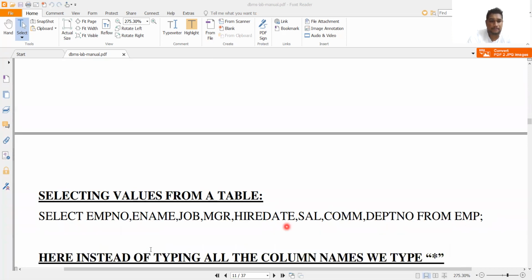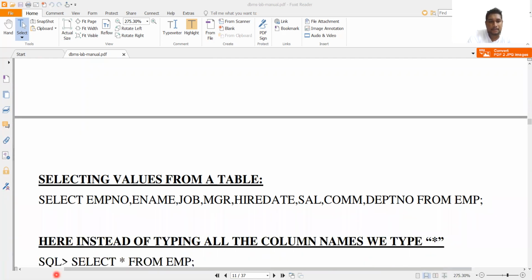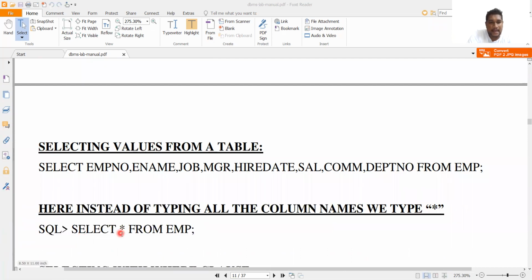See here, instead of typing all column names, we type just star. Simple. Select star from table name, so that you can retrieve all the data which has all attributes in your table.